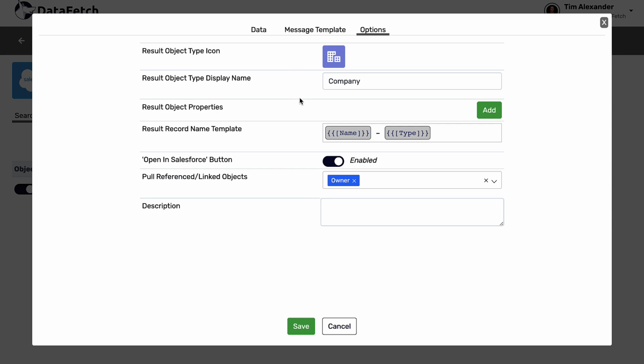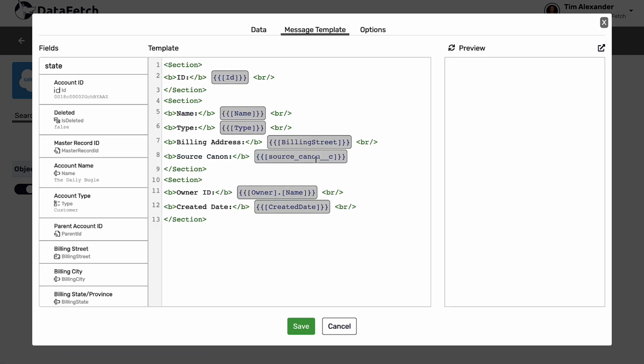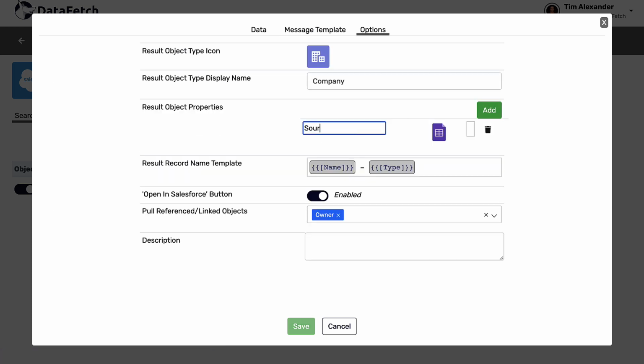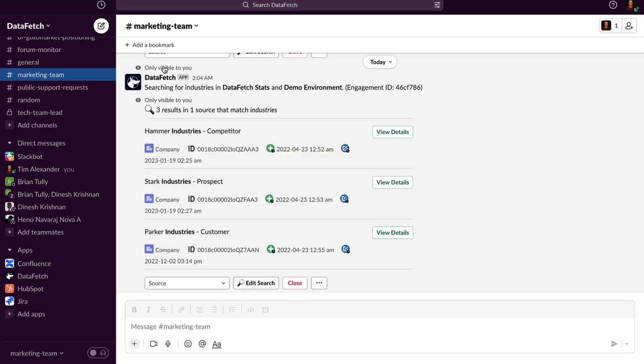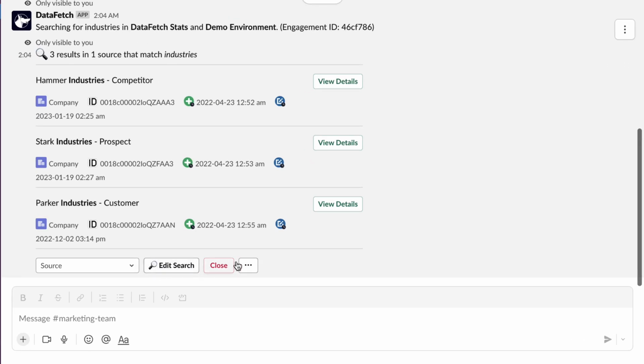Now, these are all fictional, and so I might want to pull in the source canon, which is something that we do have in our little fake instance here. We have a default icon here, which will probably change its default to something else, but we'll leave that for right now. We'll save that. And now if we refresh,